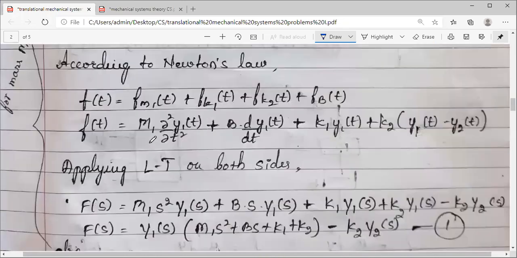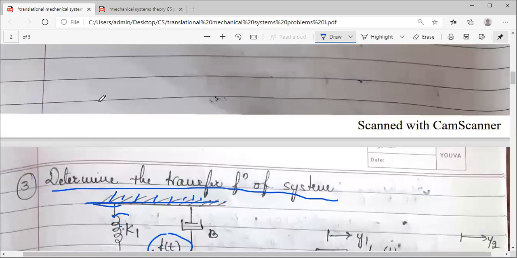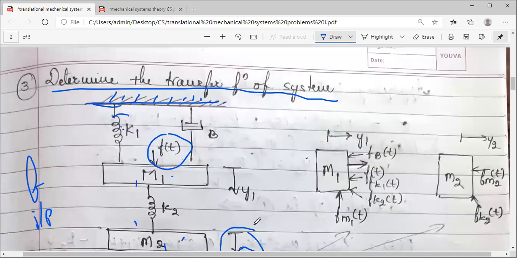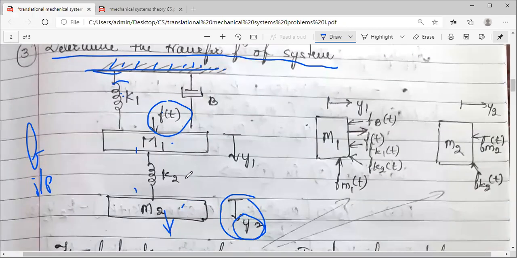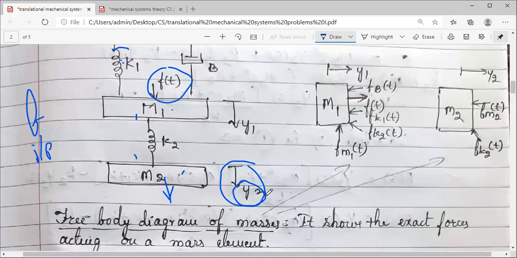What is the heading? You are now modeling the system and finding the transfer function of the system. So we first have to identify what the input will be and what the output will be in this system. So the force applied will be acting as an input to the system, and the final displacement is y2, which is your output of the system. So y1 is an intermediate output, because the system still has some further components. So the final output is your y2. In order to find the transfer function, I require this force and this y2 displacement.